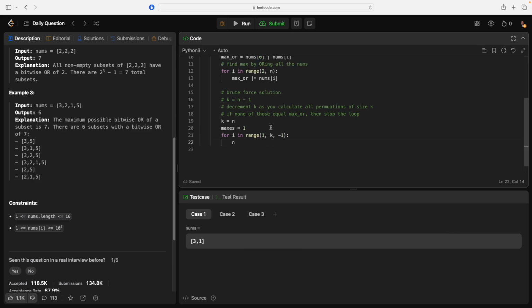I think it'll take too long. We're going to say for subset in list itertools permutations nums i. So for every subset in that list, that will give us all the subsets of decreasing length. We'll say new maxes